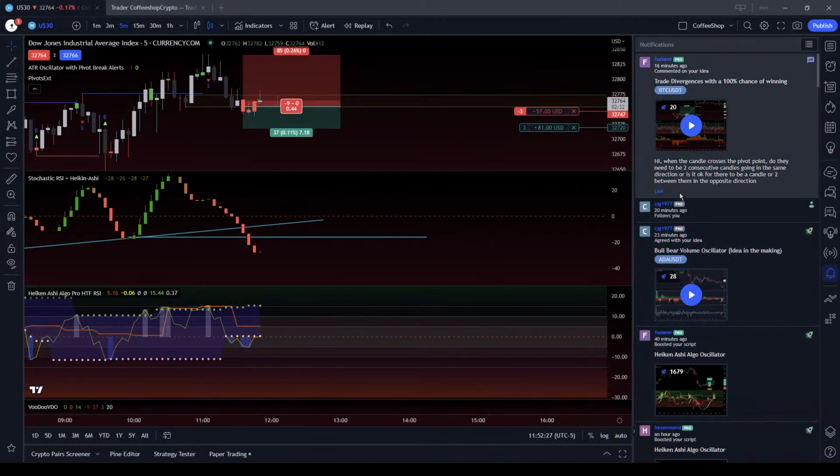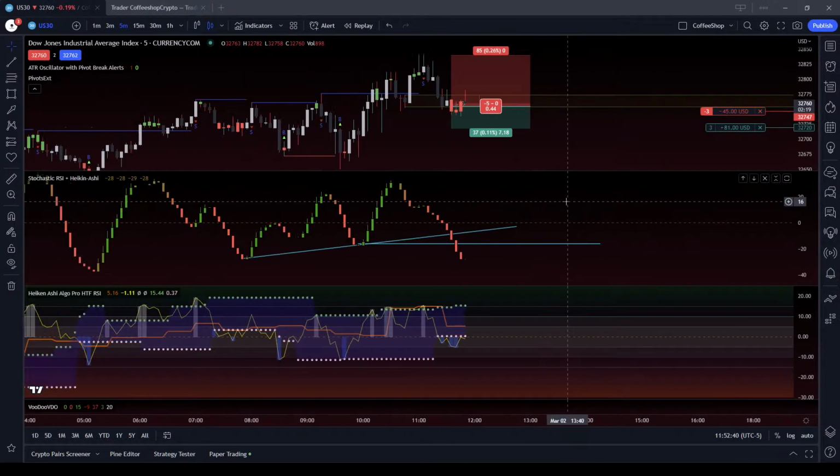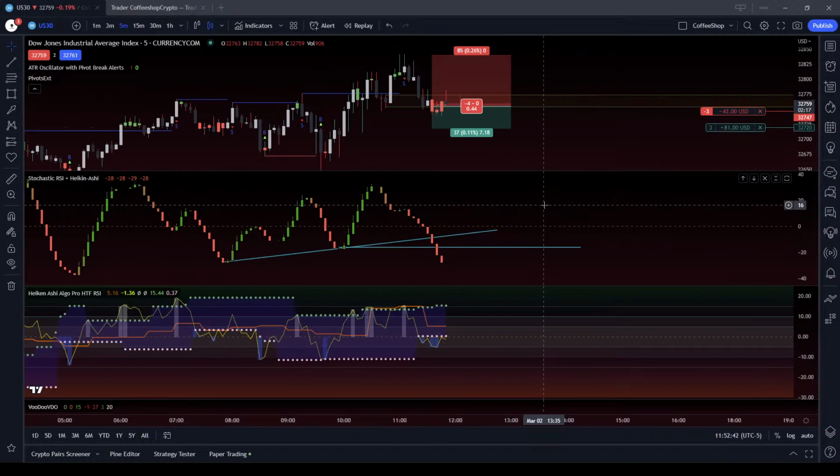What else we got here? Hi, when the candle crosses the pivot point, do they need to be 2 consecutive candles going the same direction, or is it okay for there to be a candle or 2 between them in the opposite direction? I'll have to get back to that one, because I think the answer is dependent on the direction